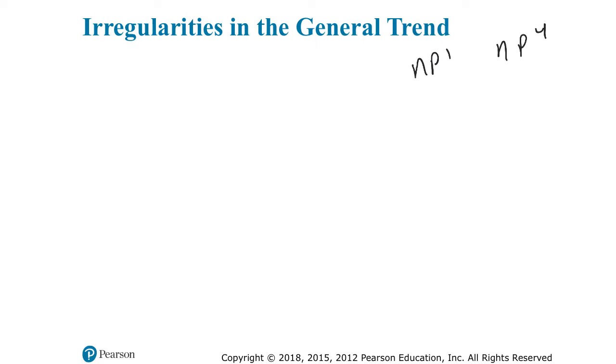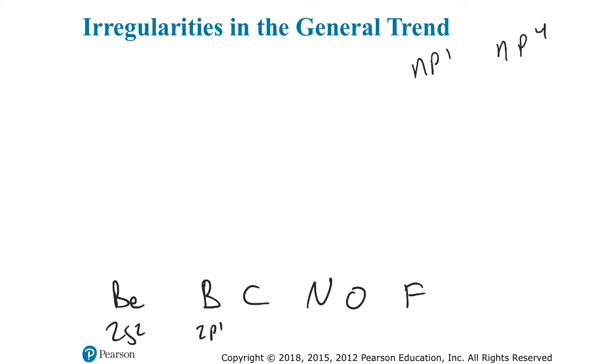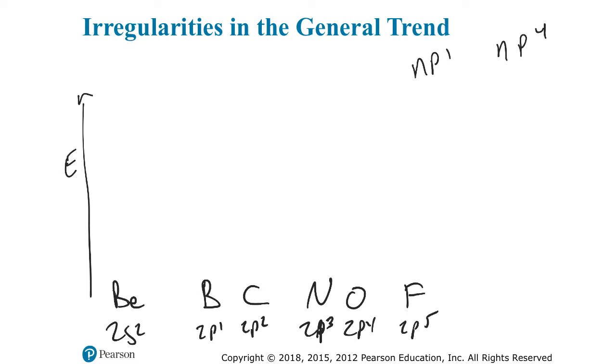So some of these irregularities, if you talk about the MP1 versus the MP4 being slightly higher or slightly lower in terms of ionization energy than we expect, you might just do a quick comparison between, say, beryllium, and let's compare that with boron and carbon and nitrogen and oxygen and fluorine real quick. So with these particular elements, we go from being a 2s2 to a 2s2 2p1, 2p2, 2p3, 2p4, and a 2p5 configuration. And so if we think of the relative energies of these orbitals, you can think, okay, beryllium's